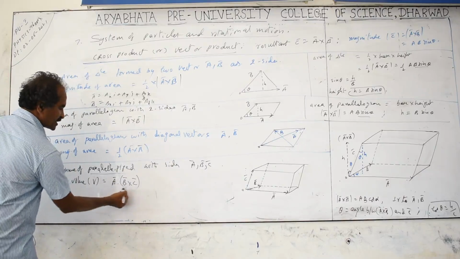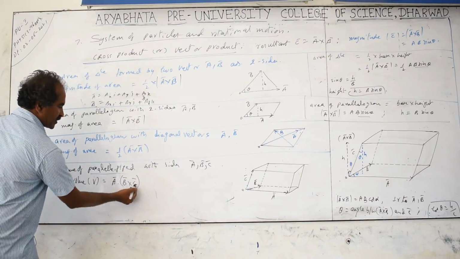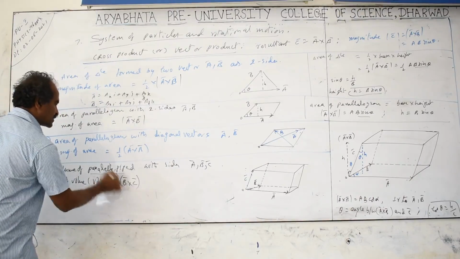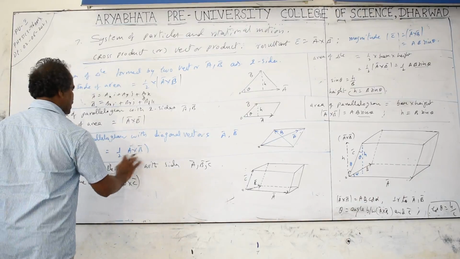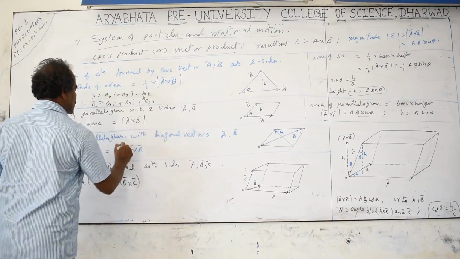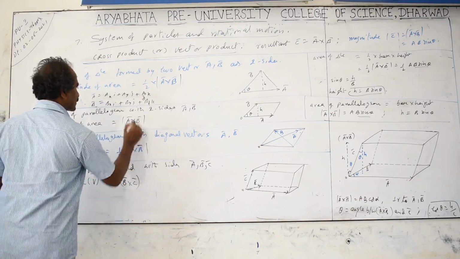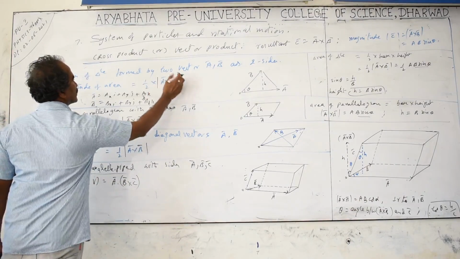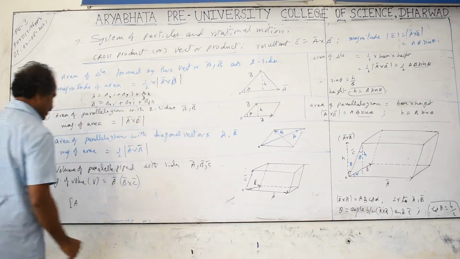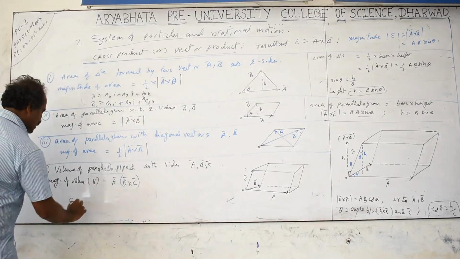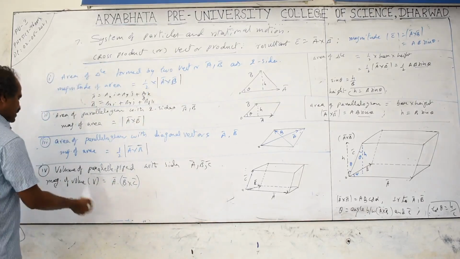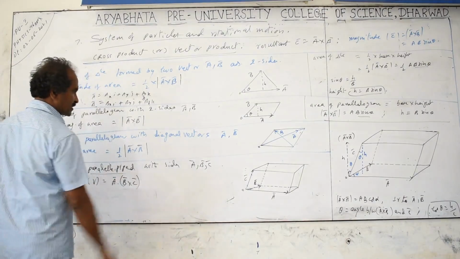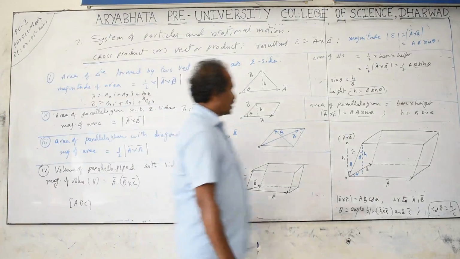But anyway, this result B cross C is a vector. Dot product with A bar is nothing but equal to a scalar only. So it is not compulsory to take the mod here. But for this case, it is compulsory to take the modulus. This is a modulus, not a bracket, meaning the scalar quantity is the final result. This can be mentioned as ABC like this, or BCA or CBA, or A cross B dot C, but you need to consider the angles based on that. This is a parallelepiped.